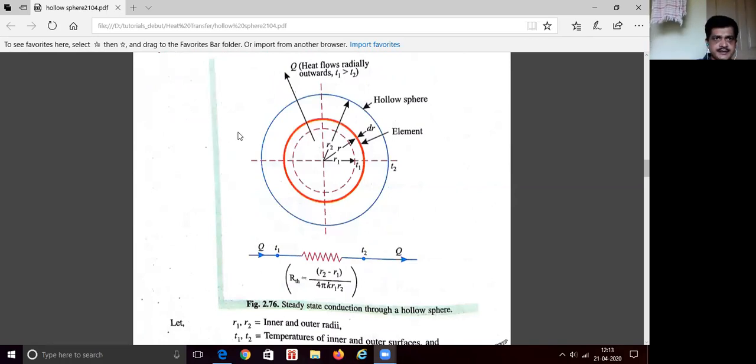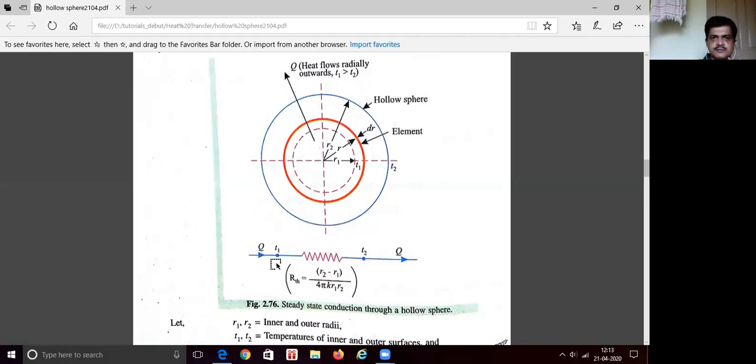And finally we have to see this equation, it is very important. Remember this for both cylinder and also for sphere. This is Q is equal to T1 minus T2 divided by R thermal. This you have to remember. So if it is a multi-composite cylinder, it continues. That's all. For each sphere, you have to use R2, R1 different, and you have to write this equation.